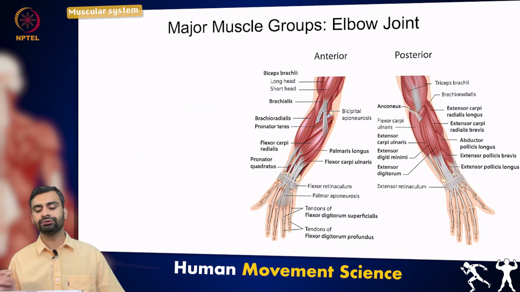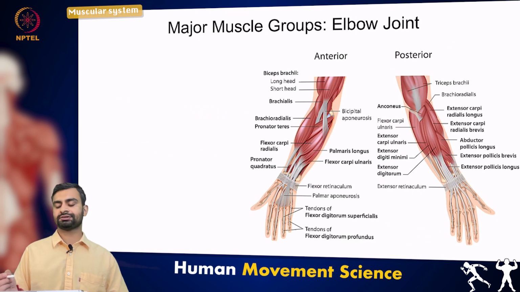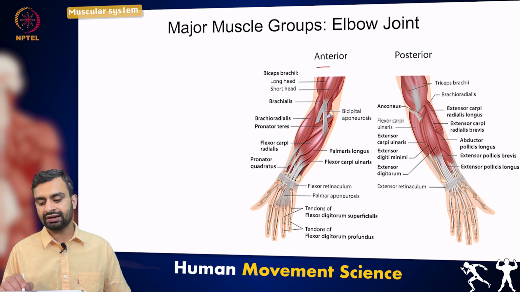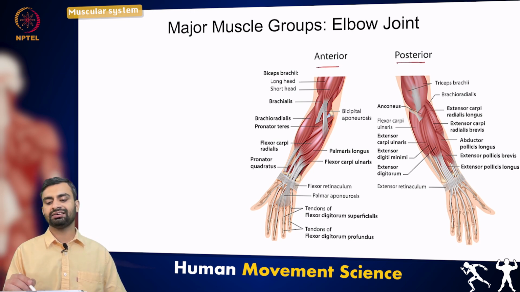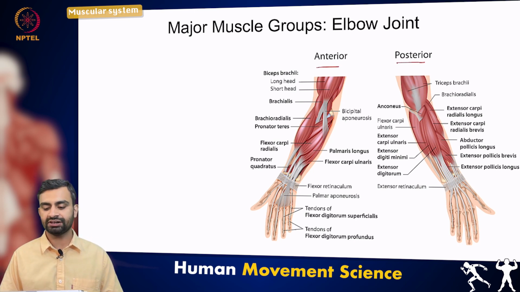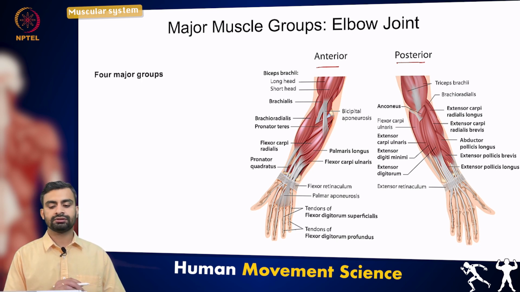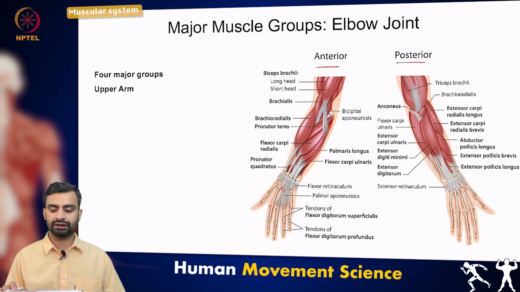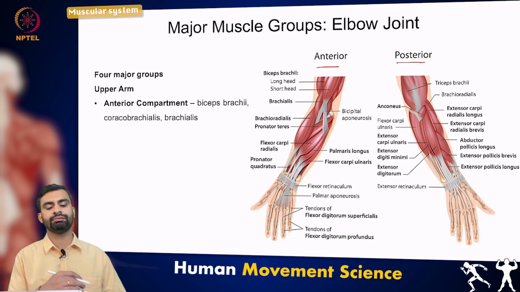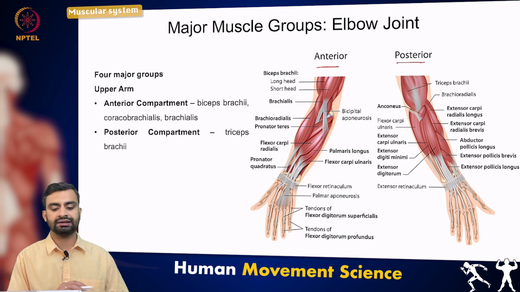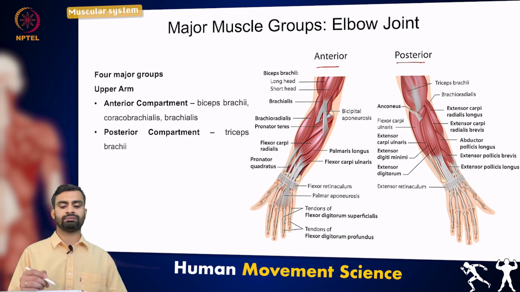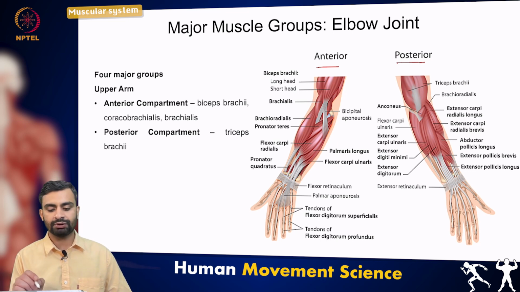Now let's move to the elbow joint. This image shows the anterior and posterior view and the various muscles which are present in our arms. Again, the elbow joint has 4 major muscle groups which are subdivided into upper arm and lower arm, and within upper and lower arm they are subdivided into anterior compartment and posterior compartment. For the upper arm, the anterior compartment consists of